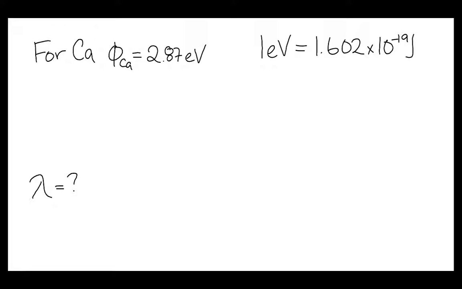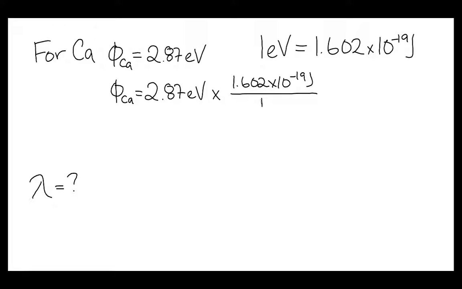To do the conversion, we will multiply 2.87 electron volts by 1.602 times 10 to the negative 19 joules and divide that by 1 electron volt. We will see that the electron volts cancel out, and our final answer will be 4.60 times 10 to the negative 19 joules. Now that we know what the minimum energy is to emit an electron from calcium metal,